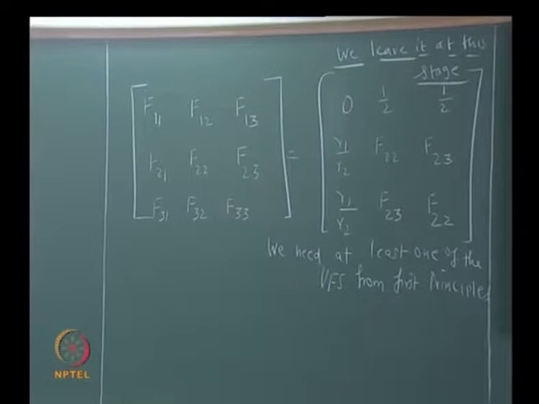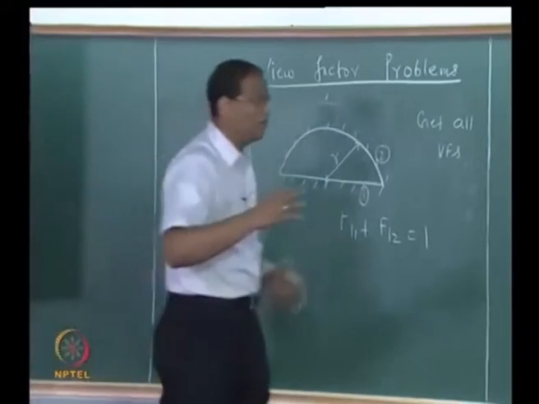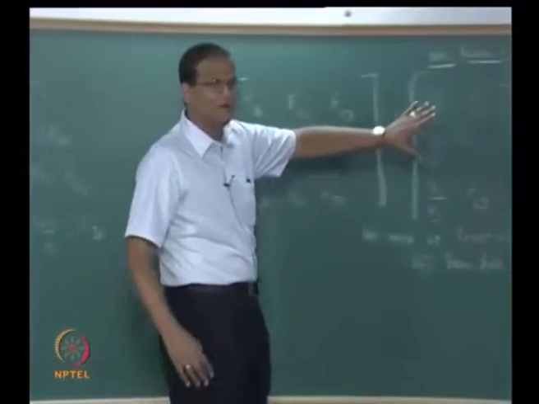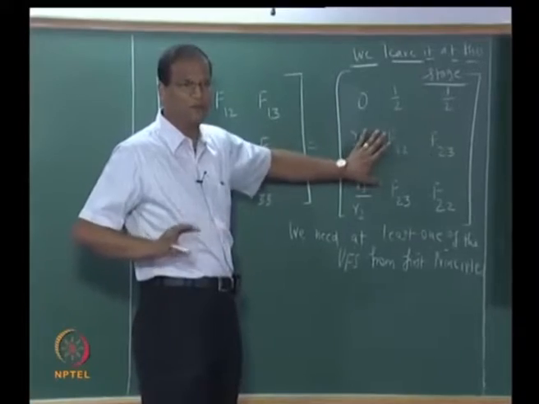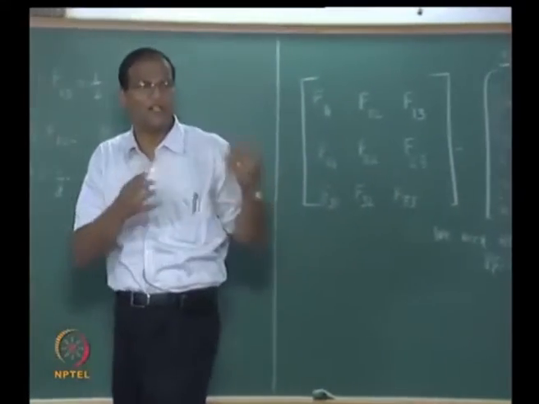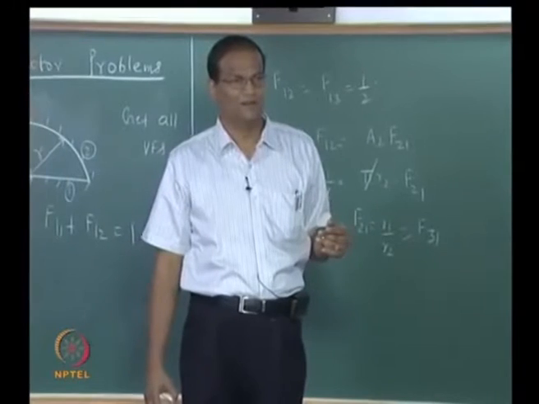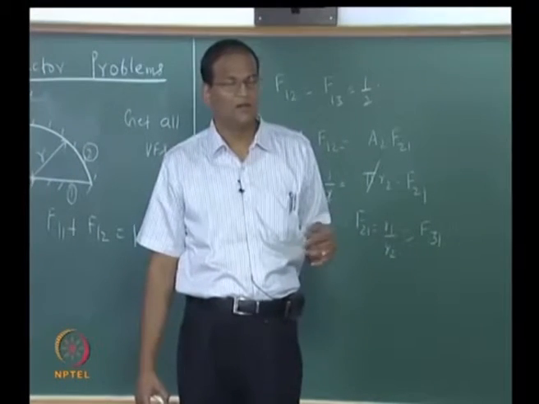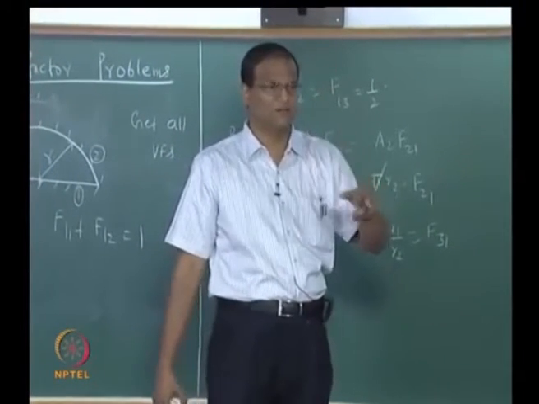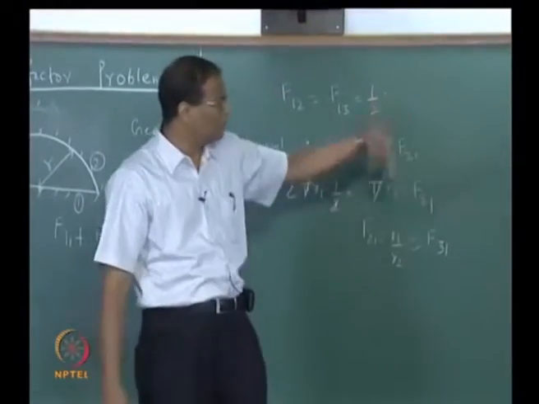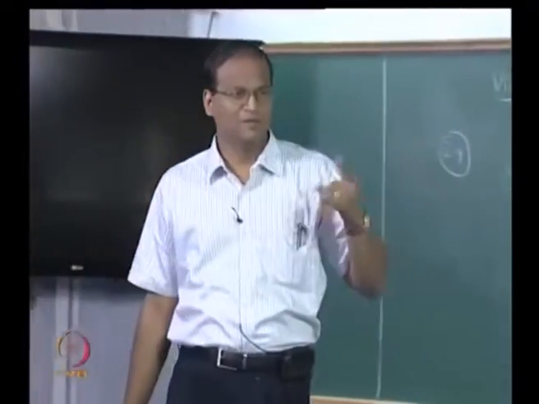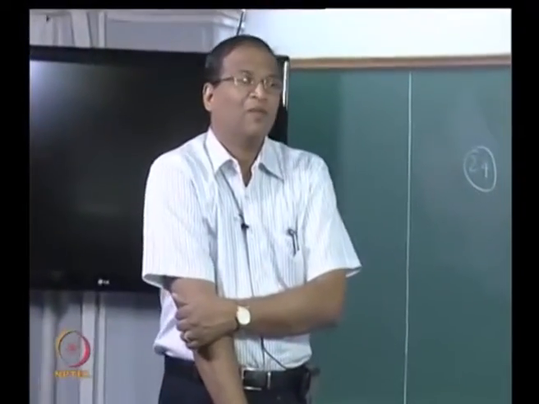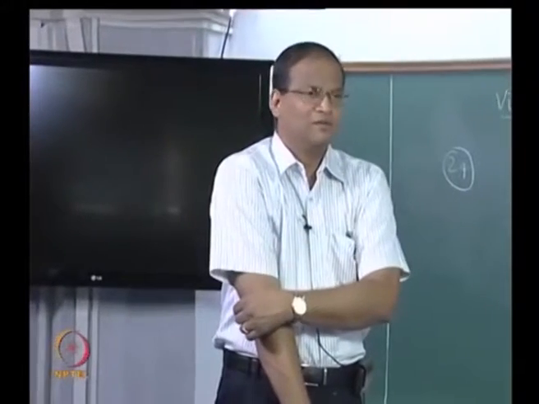Rule same as saying A1 equal to A2, and hence, why are you complicating it further? Is this correct or not? If I get one view factor, is the problem over? That is what I am saying. What else is there in this problem? You get two. Out of the two, if you get one, you can break down the other, because there is an additional rule.